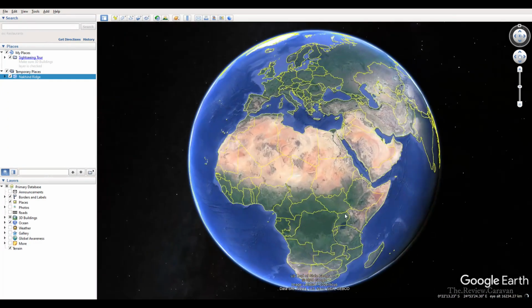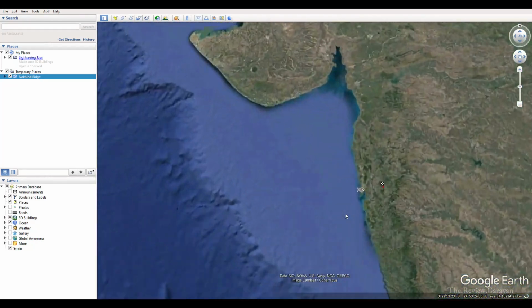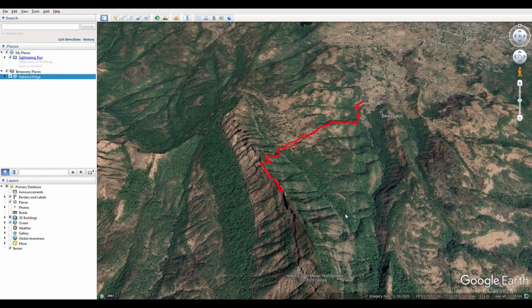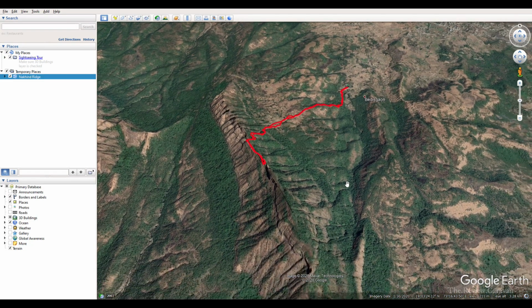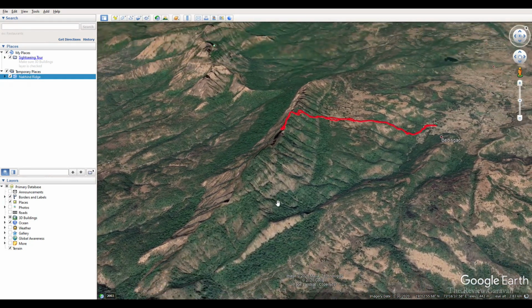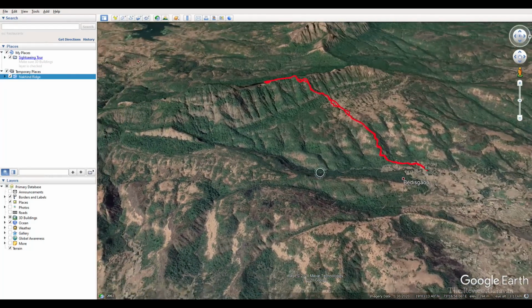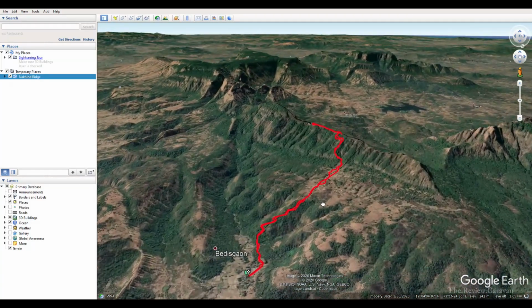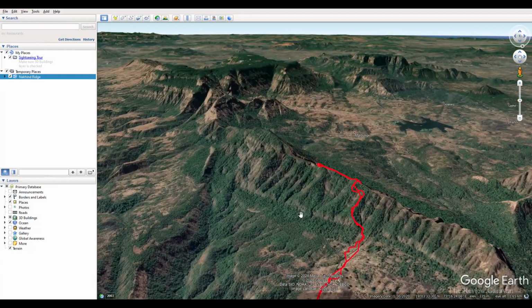This Google Earth Pro is available as a desktop application as well as it can be accessed on the web browser. The best feature of this Google Earth Pro is you can view your trail in the 3D format from all the different angles.